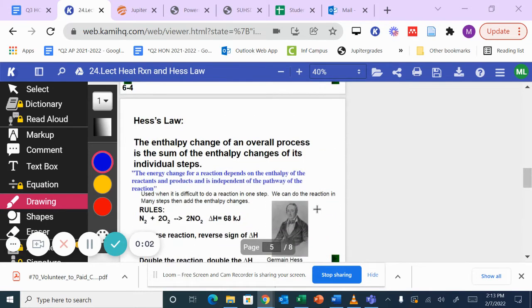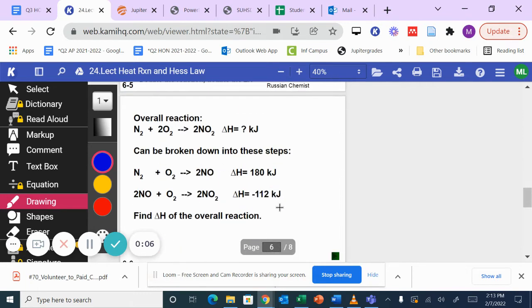This is your lesson on Hess's law. Okay. Let's look at this reaction right here. You have N2 plus O2 becoming NO2. And we want to try to find the delta H of this chemical reaction,